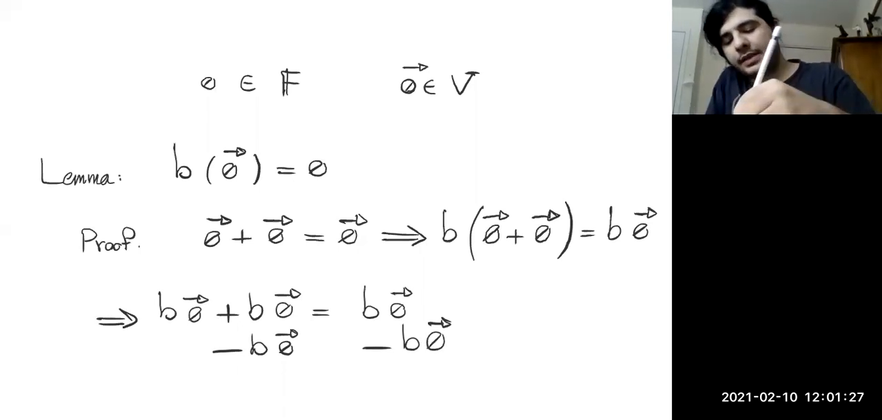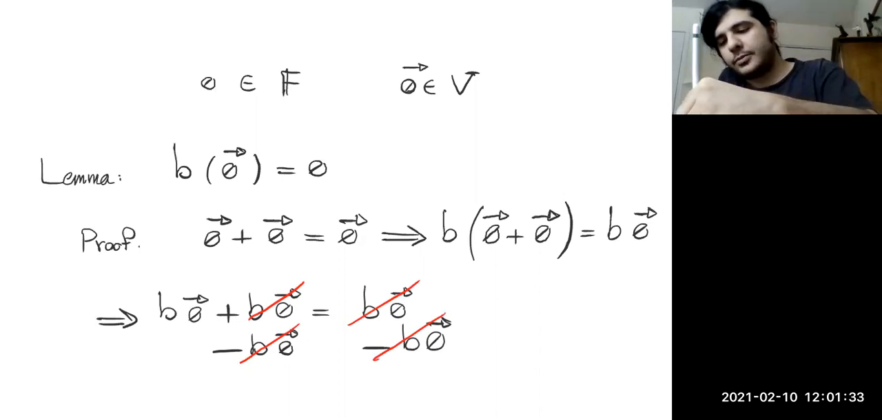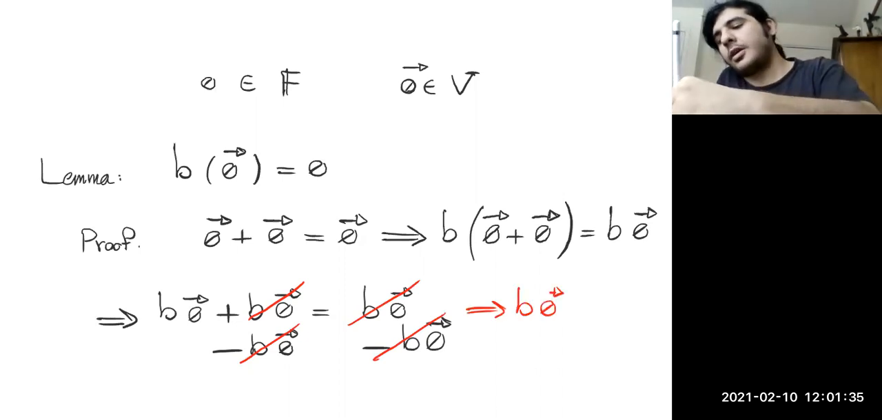Okay, on the left-hand side, these two would cancel. On the right-hand side, these two would cancel. On the left-hand side, we would have B times 0. On the right-hand side, we would have 0. So